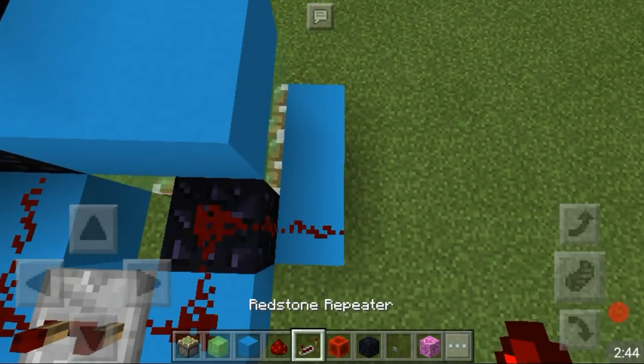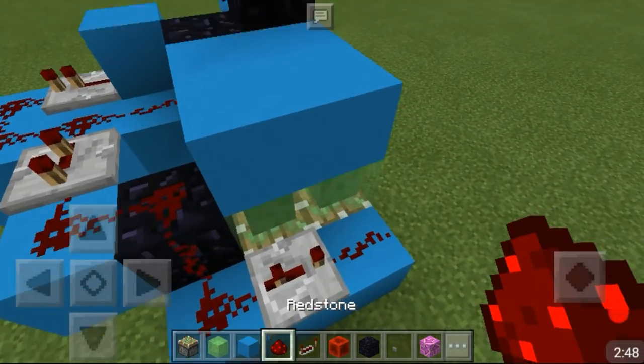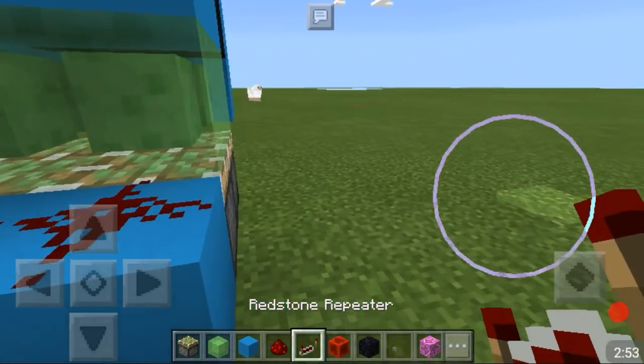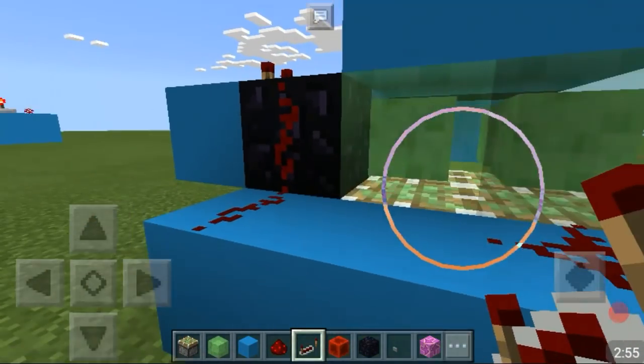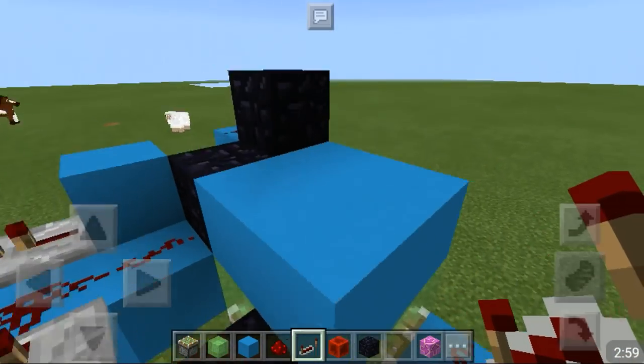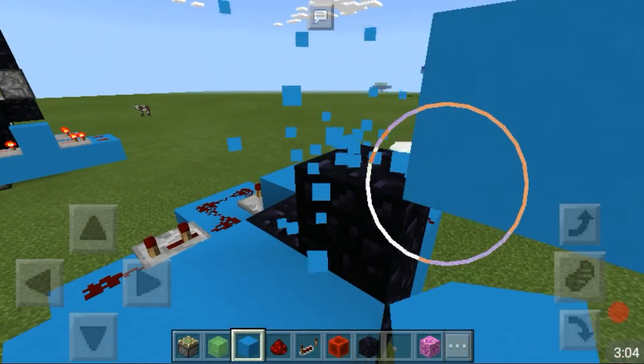Then again we need another redstone repeater set to 2 ticks over here, and the reason why we need this redstone repeater over here is because we don't want these 2 pistons to set off at the exact same time, and that's why we're using the repeater over here. Then we can just go ahead and put the button on this block like this,